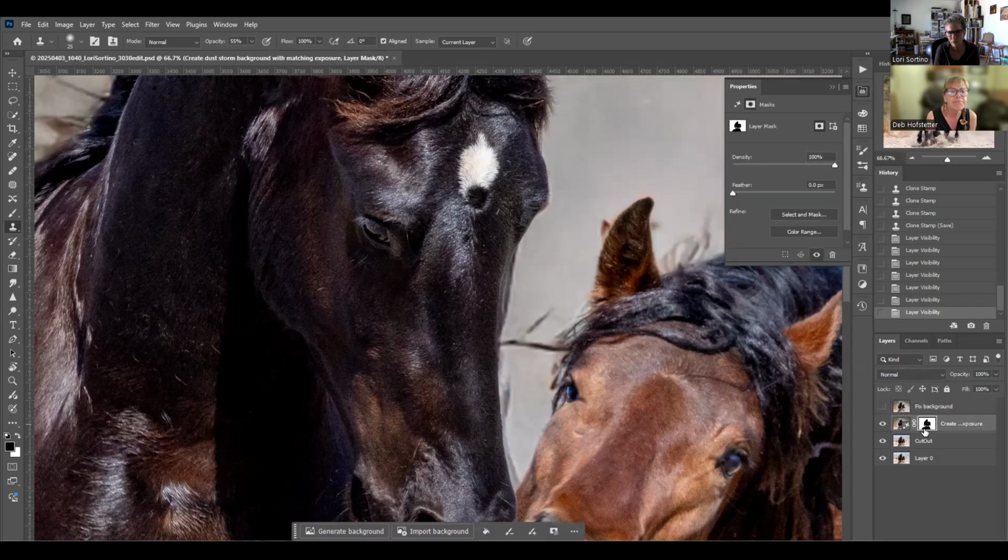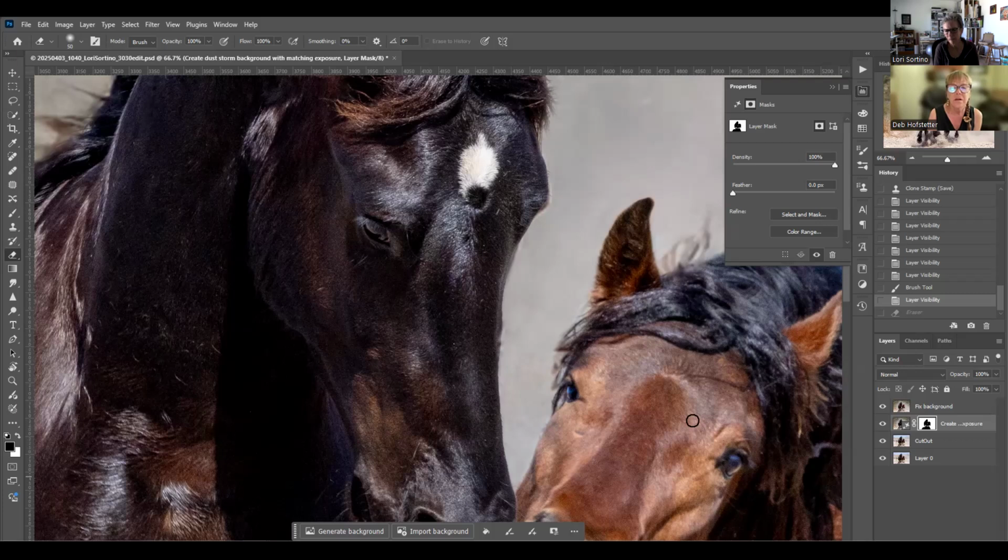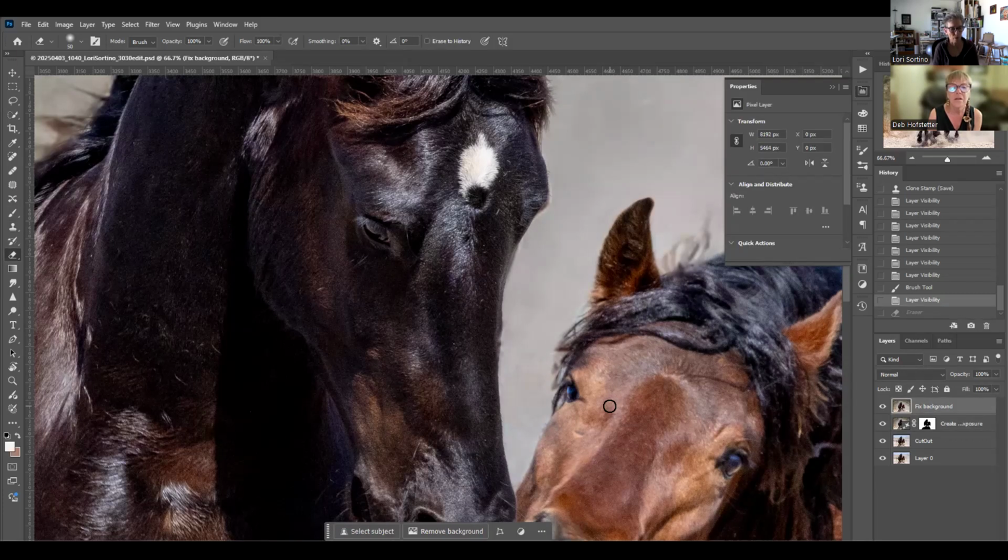I think I need to bring the original back. So we are on the right here. Yes, that's it. Now we're losing the notch. That's better. Okay, all right. So now we come back here and I'm just going to erase this layer. I need to be here and I need to put the